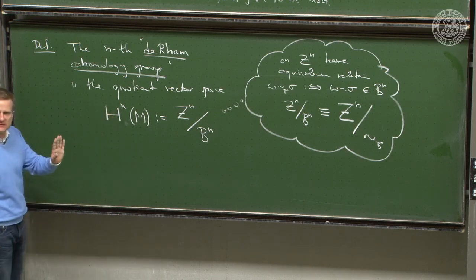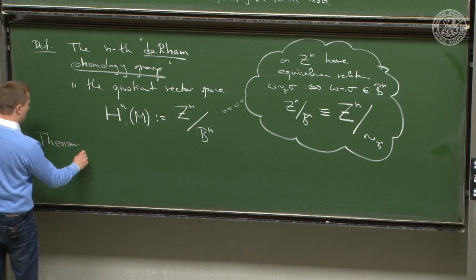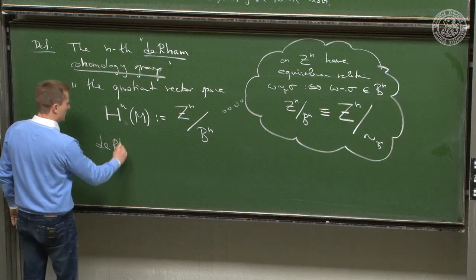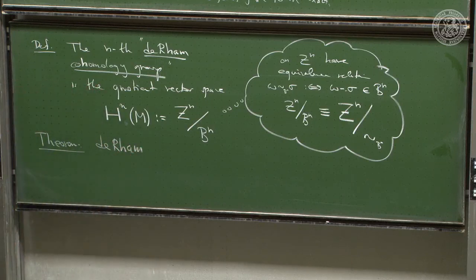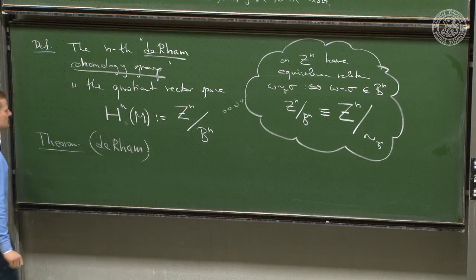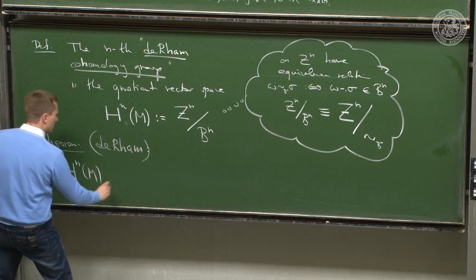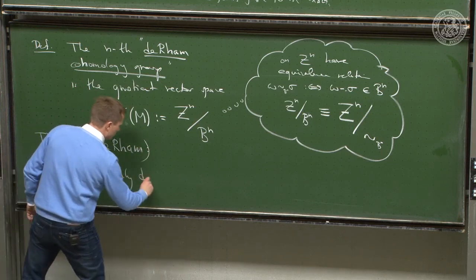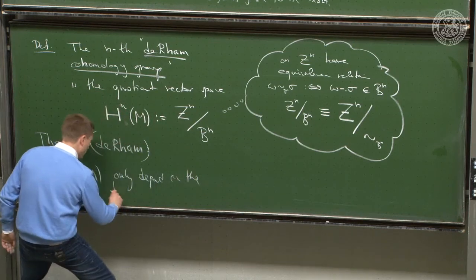Before I give you the first example of this, I quote a theorem, and that's de Rham's theorem. And I don't quote it in its technical detail, but only in its philosophical, well, in its conceptual implication. De Rham's theorem says that the H^n of M only depend on the topology